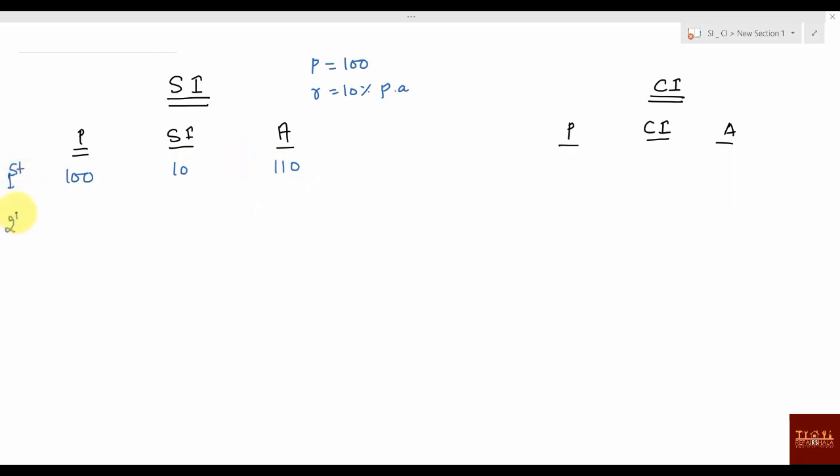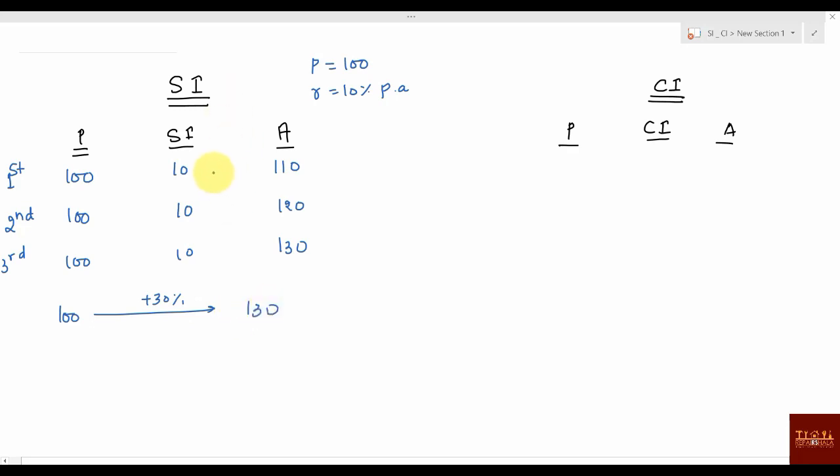Now for the second year, the principal will be same as what is here. Principal is already 100. Principal will not change. You do it for 1 year, 2 years, 10 years, 60 years, 70 years, 120 years, whatever years you keep, principal will not change. Here also again this is 10 and then it will become 120. Third year, again principal will be 100 and this will be 10 and this will become 130. Can you say that it is kind of 100 having a 30% increment and you are getting 130?